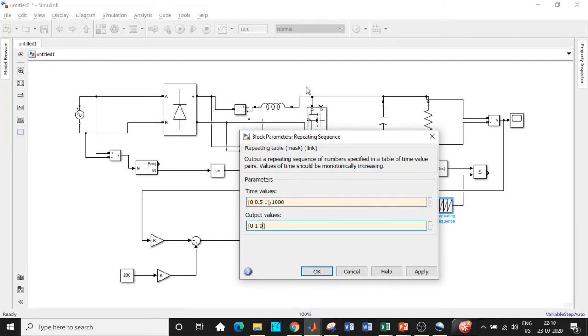So why is it this way? So let us imagine a triangular waveform. Just observe the cursor. Let us say this is the triangular waveform. It starts from 0, goes to the maximum value, say let us assume it to be equal to 1, again comes back to 0. So that is the output value, 0 1 0. So triangular starts from 0, goes to 1, and comes back to 0. That is why output values is this.